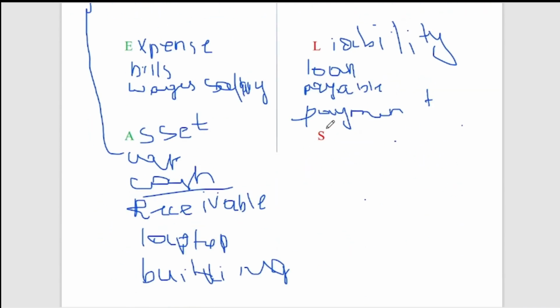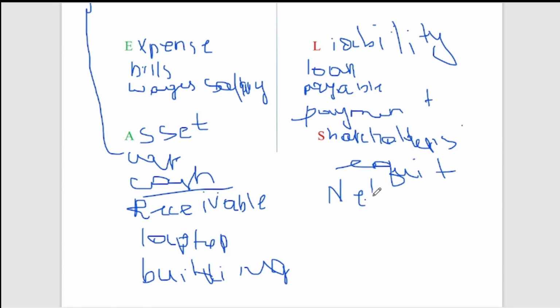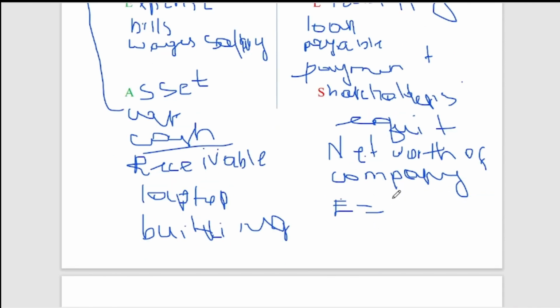And the next one is shareholders' equity. What does shareholders' equity mean? It is the net worth of the company, equal to asset minus liability. Well, what I meant by that, let's say in assets,